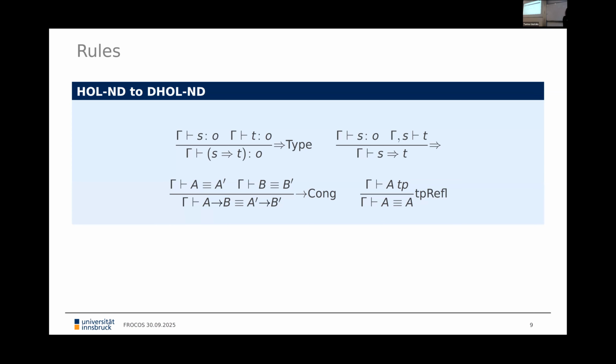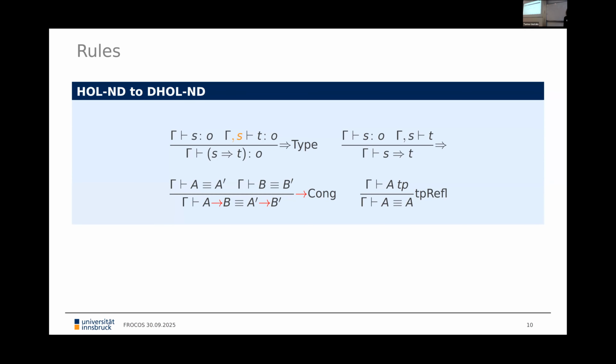And if you look at the typing of the implication, what changes now is that we have an S on the right-hand side. So if you want to see that T is of type Boolean, we might already need to account for things that happened in the S. And this is why we have implication now as a primitive, because our connectives now have a dependency, which can be seen here. For the proof rule, nothing changes. We already have that S is a prerequisite to show T. So in the proving itself, there is no change.